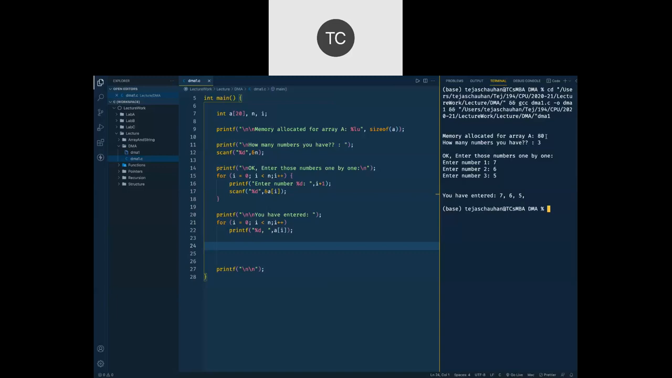Yeah, so that's the problem, and this is where dynamic memory allocation comes into the picture. If this is the case, then what should we go for? If it depends on the user's input, if it depends on how many numbers your user is having, in that case, instead of going for this static array memory allocation,